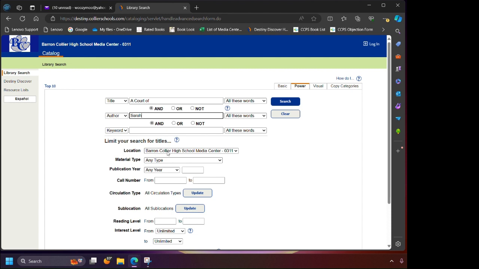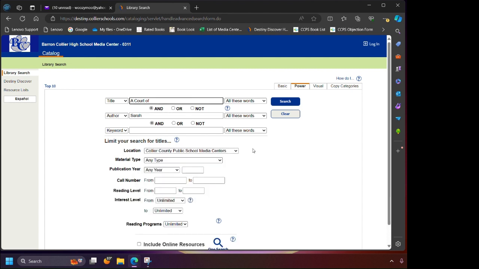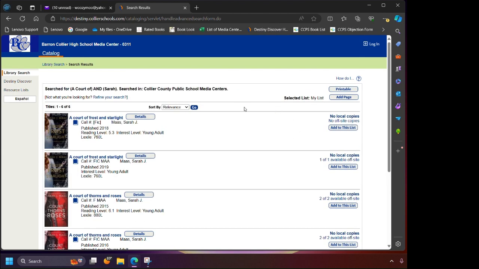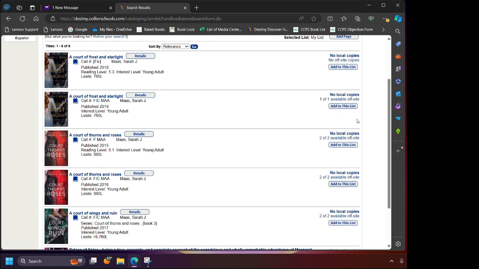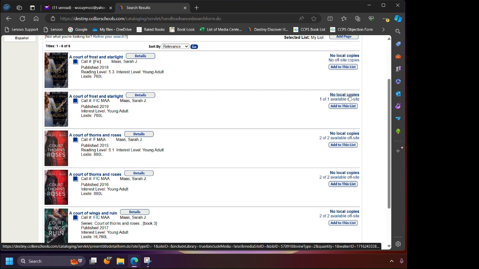Okay, and then always double check your school. So we want it to check all schools, at least for this search. You can search, obviously, individual schools, but you would have to go back to that first login page and change your default school. And then we hit search, and then this comes up with a list instead of the tiles. So then what you're going to do is we look over here. This one has no local copies, so that's good. This one says no local copies. That means, again, it's looking at Barron because that was my default,